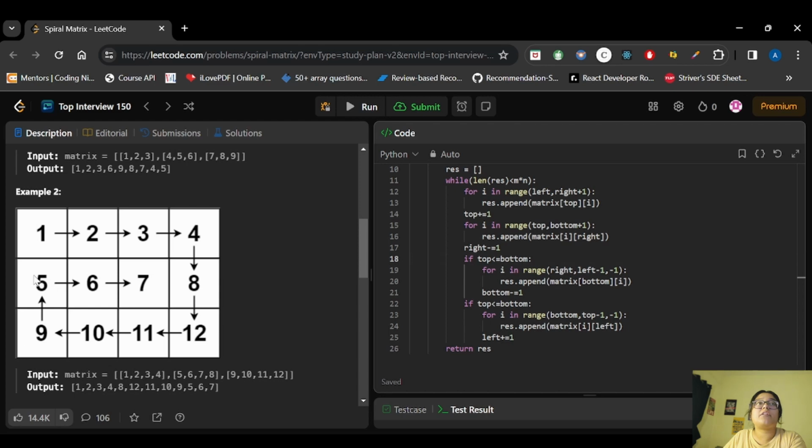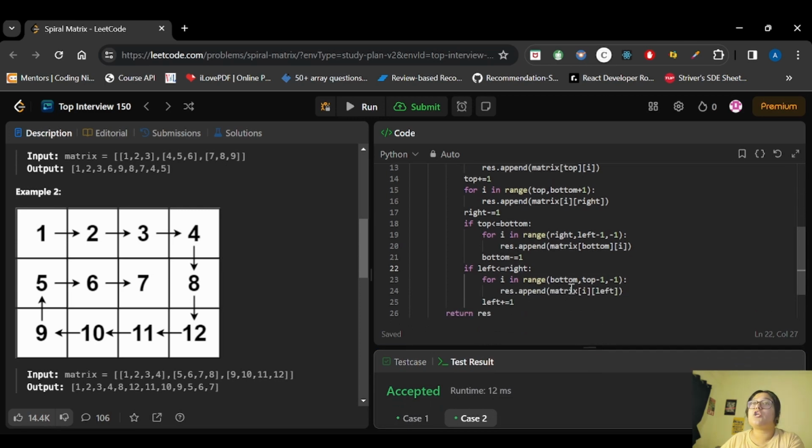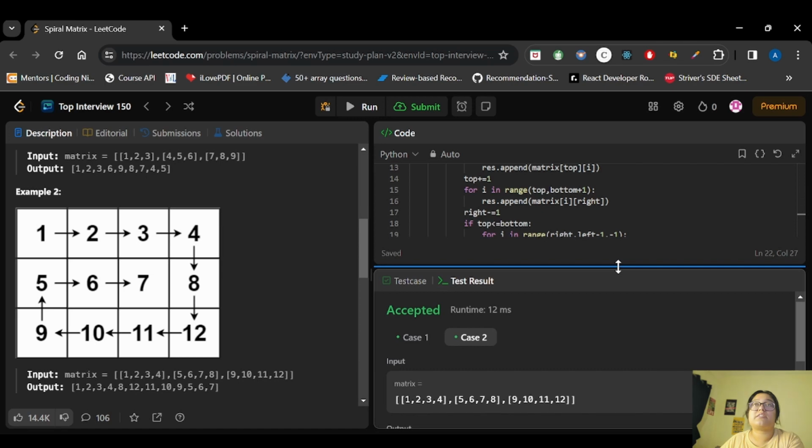The condition becomes false, therefore we will stop the iteration at that time. In the same way, we will have left less than right. Like we checked here, in the same way, only if left is less than right will we iterate for top and bottom. Okay, so this test case is passed now.